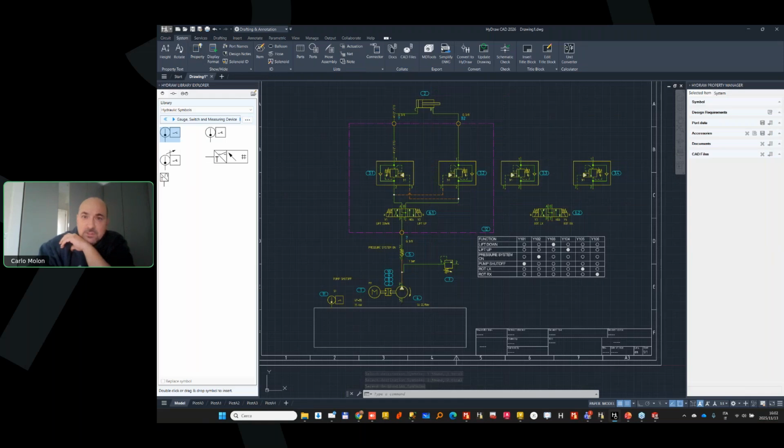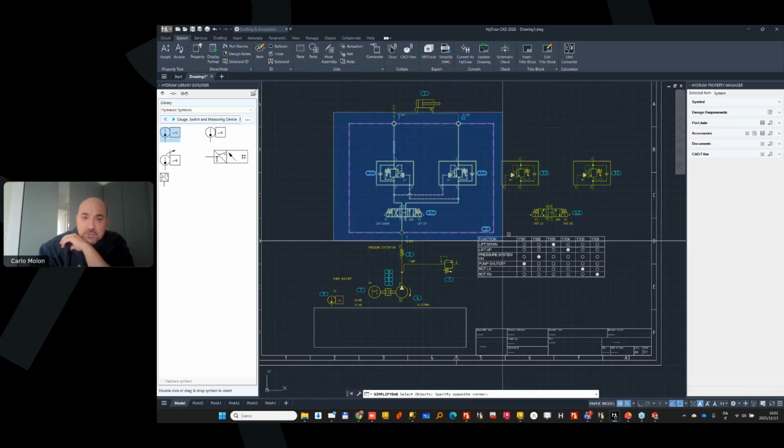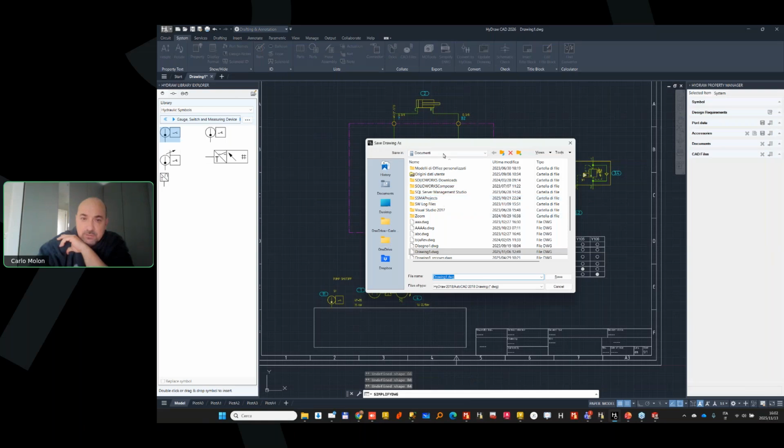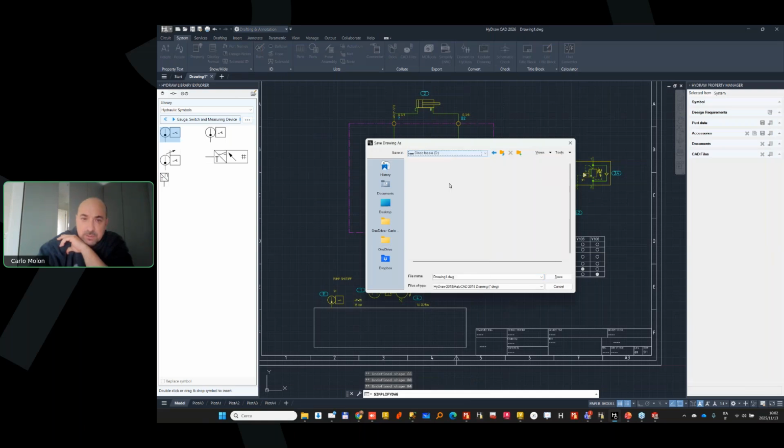With Simplified DWG, it's under System. It's called Simplified DWG. We can select just the portion of the diagram that we need, so just the manifold. In this case, enter for confirmation. HyDraw is asking if you want black and white, so I click yes, and it will go into saving the drawing into my webinar folder, November 26. That's a simplified